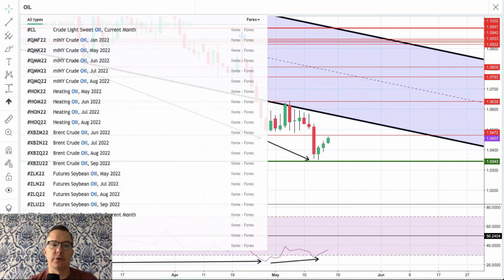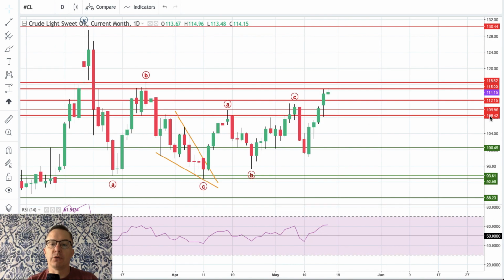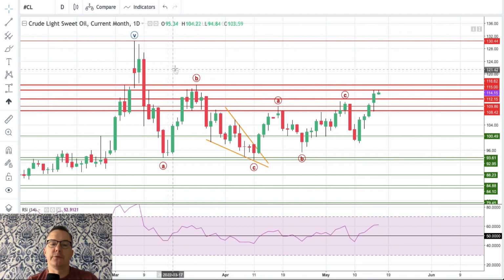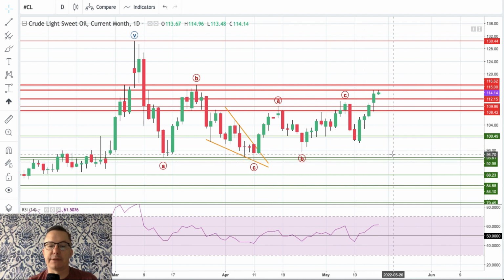Let's take a look at the crude oil. What is crude oil doing? As you can see, we have a very complex correction here. Some of you might call it a distribution pattern, because the prices of the crude oil are on elevated levels. We just finished the next ABC to the upside. It looks like this pattern might be way more complex than previously anticipated. So right now, let's just leave it like that, because there is still one more ABC pattern missing here in order to complete the complex pattern W, X and Y.